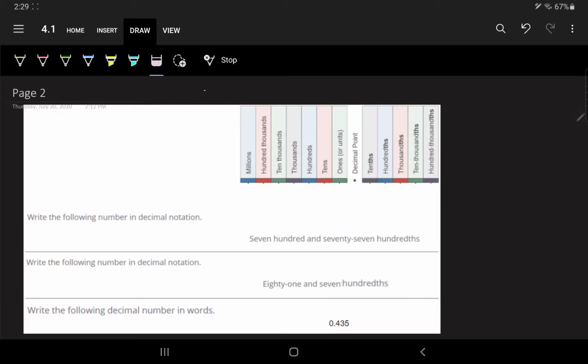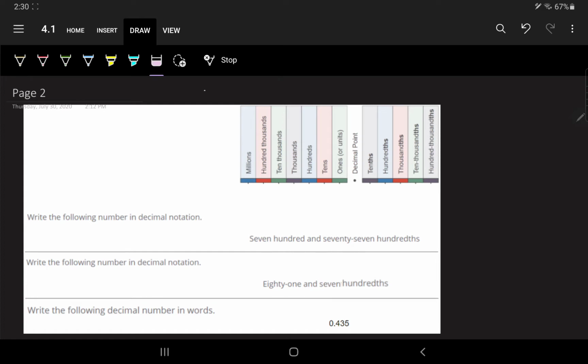All right, as we start looking at decimal numbers, let's start by just how do you say decimal numbers? How do you write decimal numbers? So to begin with, it says here, write the following number in decimal notation. So if you were to write it out in words, it says